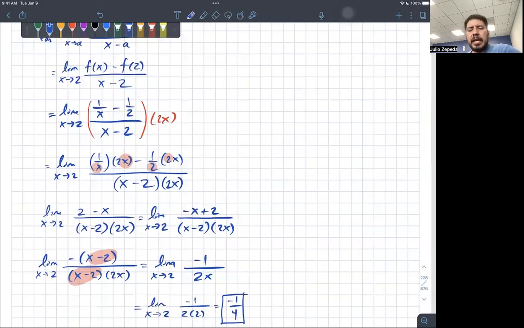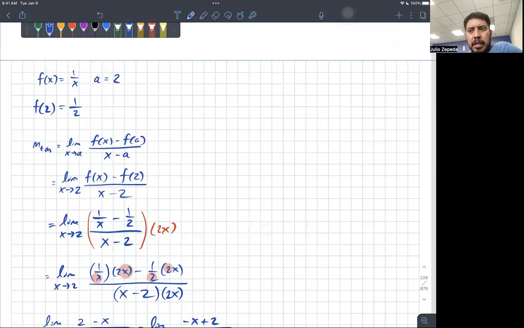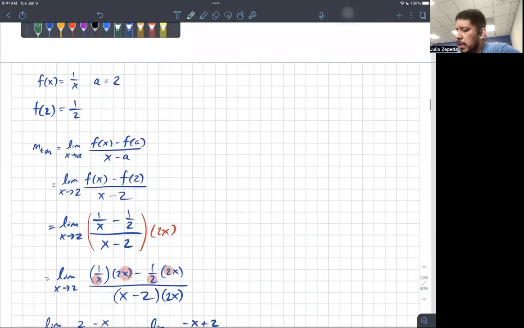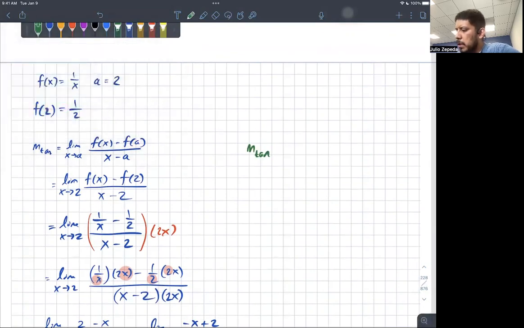just another example on how to use that limit definition for the slope of a tangent line. Just because it's so important, and I want to show the differences between the two, I'm going to show the slope of the tangent line again using the other limit definition. And so the limit definition is f of x plus h minus f of x divided